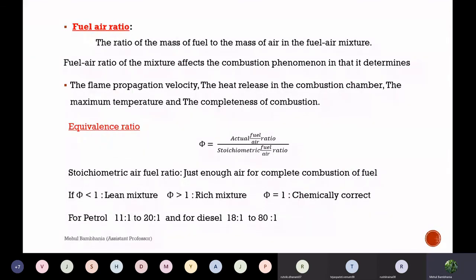See, if you look carefully, mileage and volumetric efficiency are okay, but equivalence ratio is also one of the parameters. Before 10 years or 5 years, the mileage of a 1000 cc car was in the range of 15 kilometers per liter. I remember that 10 years ago they claimed only 15 kilometers. But now, if I look at recent vehicles in the range of 1000 cc, they claim up to 25 kilometers per liter. So see how much improvement there is in combustion.